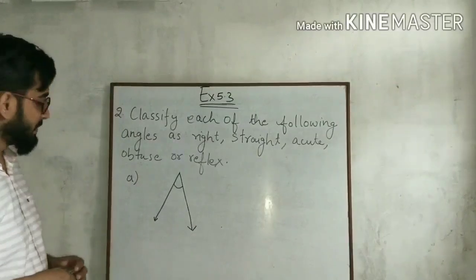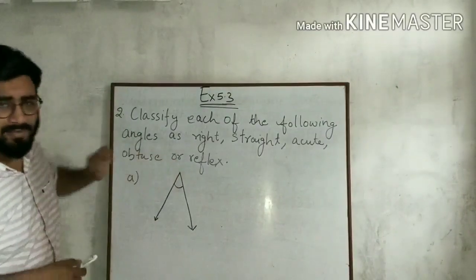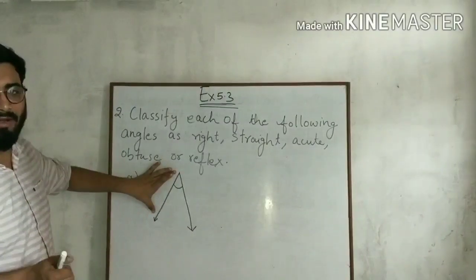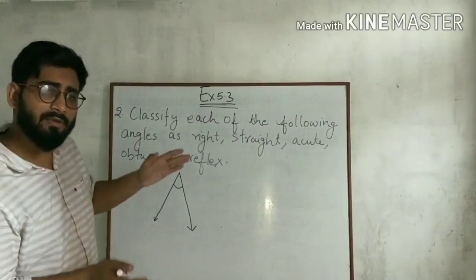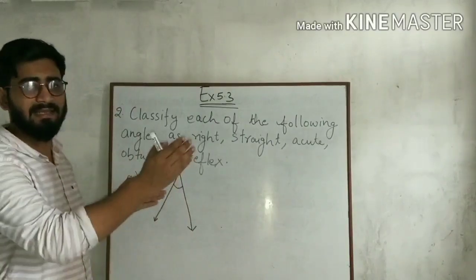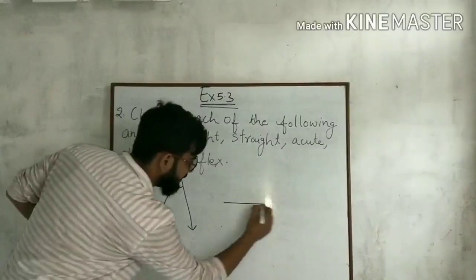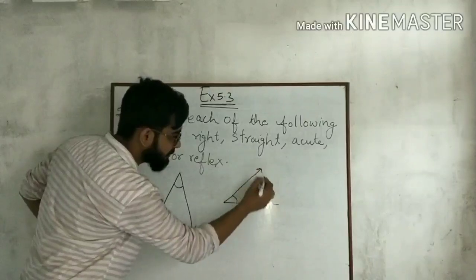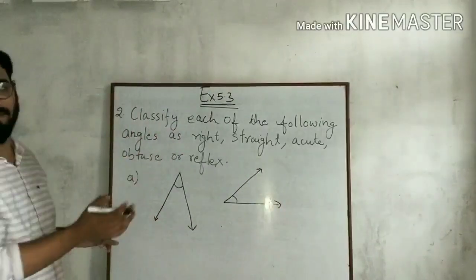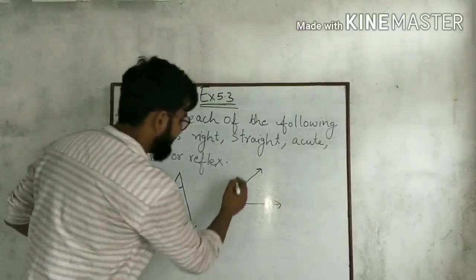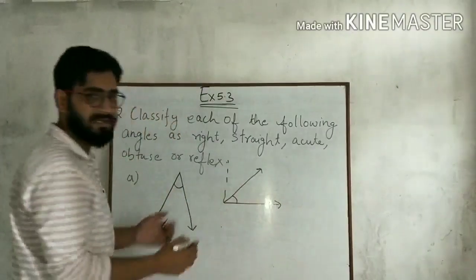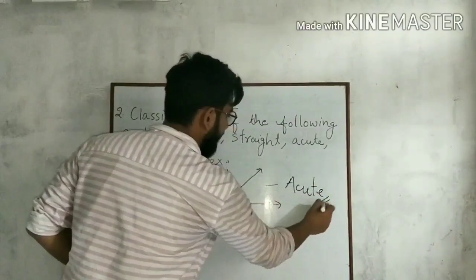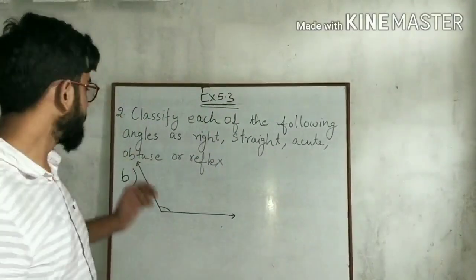Look here, this angle is given. So how can you say? You have to select one base first of all. Suppose you select this as a base. Now you just imagine that we rotate this angle like this. Then the base will be here and the other arm will be here. So what is this angle now? Now it is less than 90 degrees. This is 90 degrees and it is less than 90 degrees. So it is acute angle. Now we are moving to the B part.